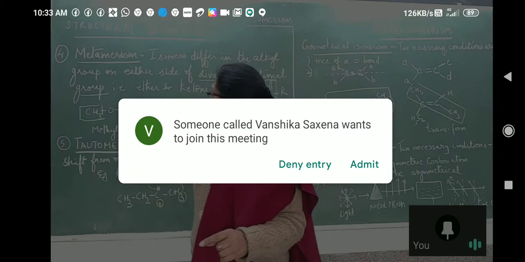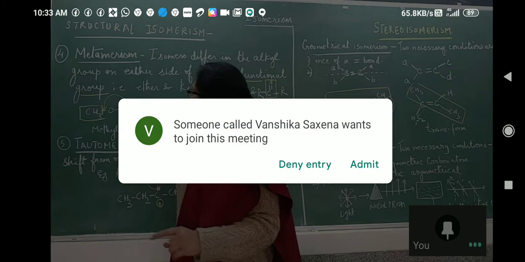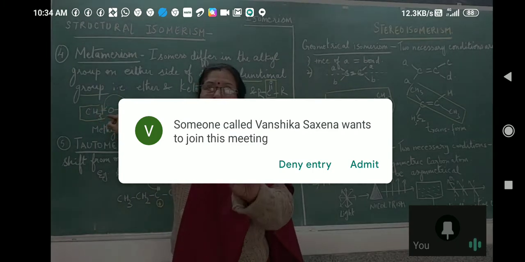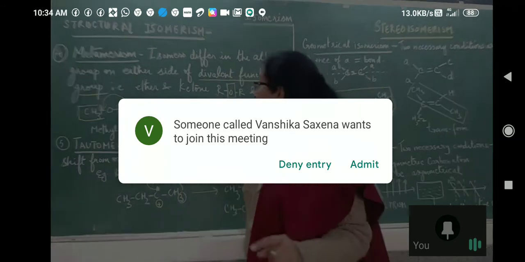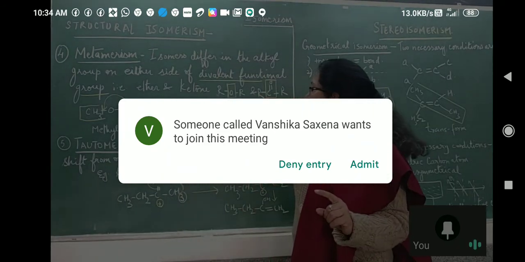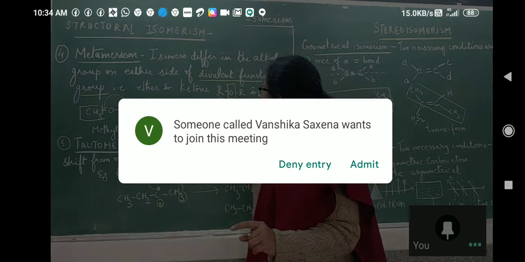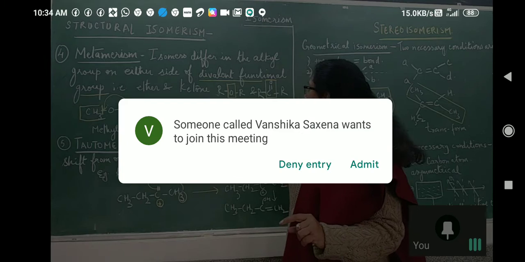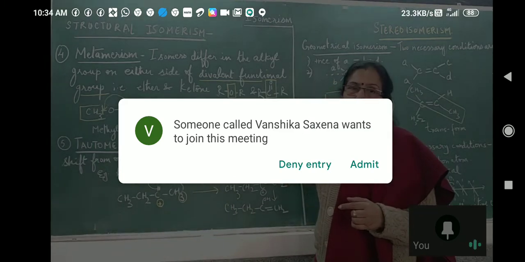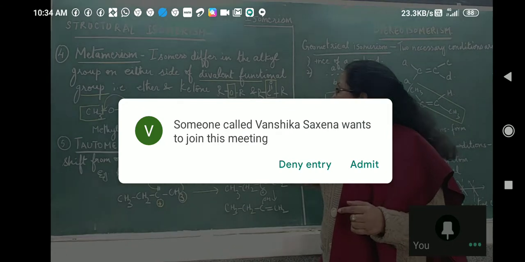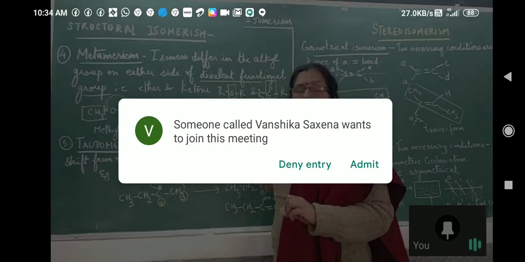Now what I will do, I will take this CH2 and bring it here. I will just shift one of the CH2. Reshuffling I will do. I will not add anything from outside and neither subtract. CH3, CH2, O, CH2, CH3. Now which are the two alkyl groups? Both are ethyl groups. So the name becomes diethyl ether. If I take one more CH2 group and put it over here, again it will become methyl and propyl.